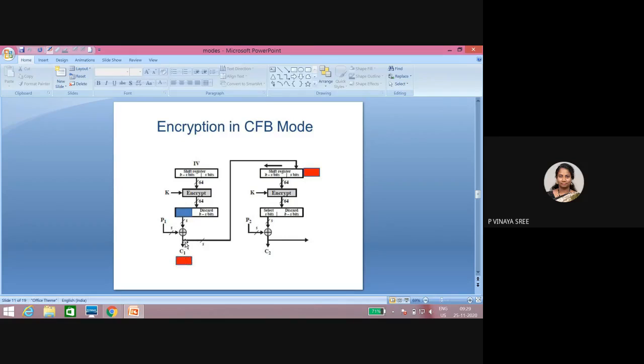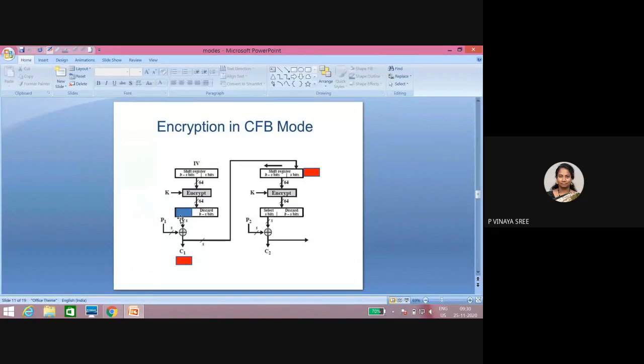Okay, so next, as this is cipher feedback mode, we need to take the generated cipher as an output. It is working the same as cipher block chaining, but here we have considered the initialization vector as the block size. That block size we are encrypting with the key. After encrypting with the key, we generate a new 64 bits.